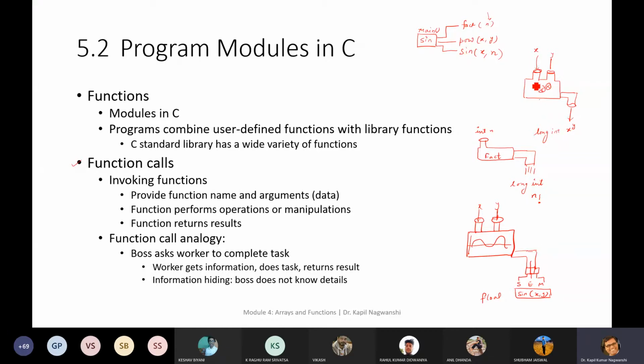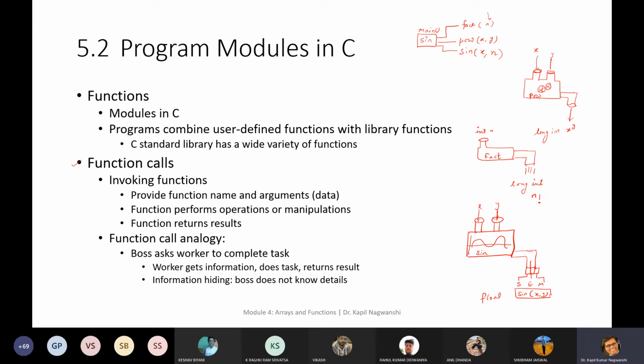Okay. It passes through this program, and this is also known as a message sometimes when we are using object oriented programming. Similarly, for power, two values. The name of this machine is power, the name of this machine is factorial, and the name of this machine is sine. Okay. So likewise you can use.